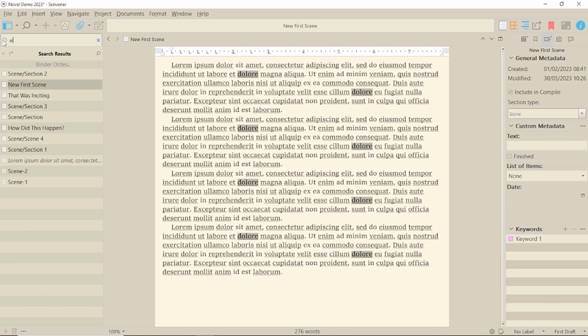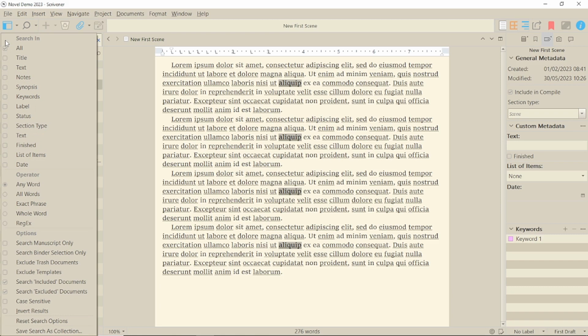Searching for a term is all well and good, but one of the points of putting metadata into your project is so that you can use it for searching. So how do you do this? Well, that little search box at the top of the binder, which if you don't have it, you can show by using the magnifying glass menu just above it and selecting Project Search, has some hidden options. If you click on the magnifying glass in that little search bar, it opens up a whole new world of metadata.